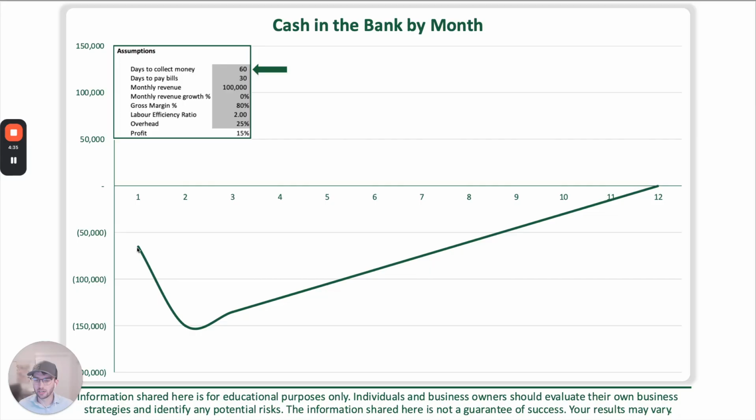And then from there, it gets even worse until it bottoms out around $150,000. And that's when you start to collect money. So after 60 days, we start collecting money. And then it's a long, arduous grind all the way up here to where finally within 12 months we're break even. And all we've changed here is saying that it's taking 60 days to collect money and 30 days to pay bills. So this is a situation to be careful of, because this is going to be extremely long grind,